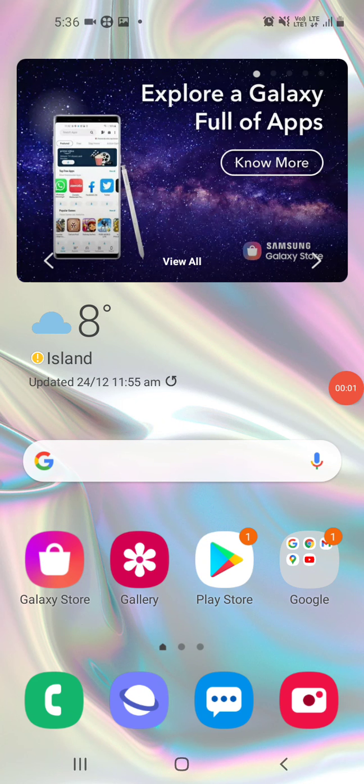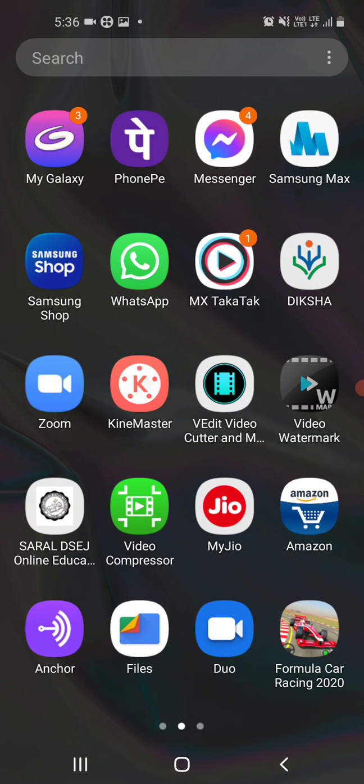Hello friends, I am here to share with you how we can upload photos on the Fit India web portal for Fit India School Week 2020. First of all, as you know, the size of the photos must be less than 1 MB. So I would like to recommend you to install a video compressor app from the Play Store. Here I have already installed the video compressor app shown in green color, and we have to click on this app.